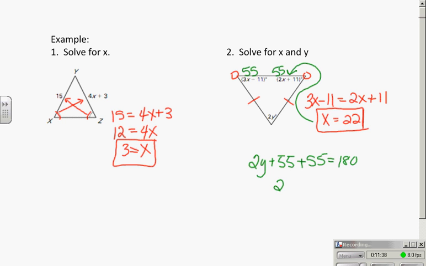And then to find y, I have 2y plus 55 plus 55 equals 180 by the triangle sum. So I have 2y plus 110 equals 180. 2y equals 70. y